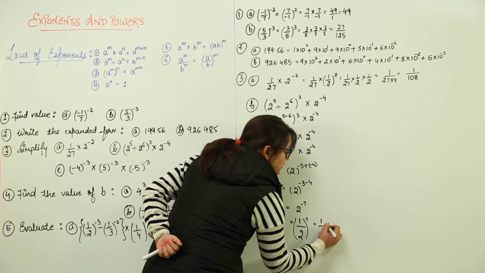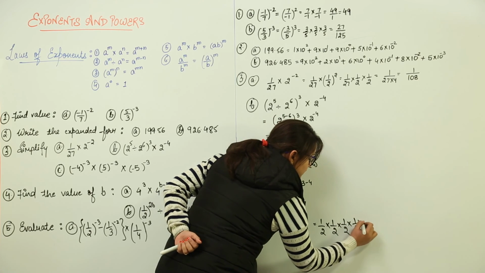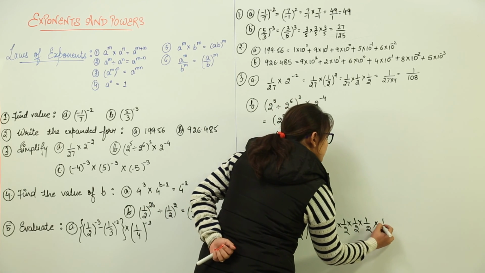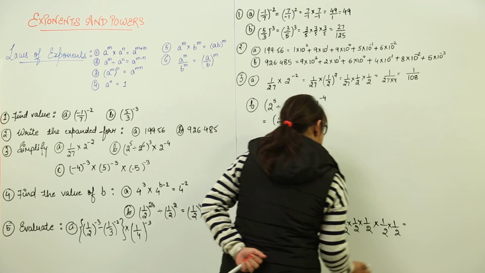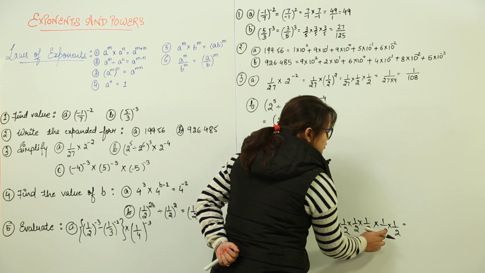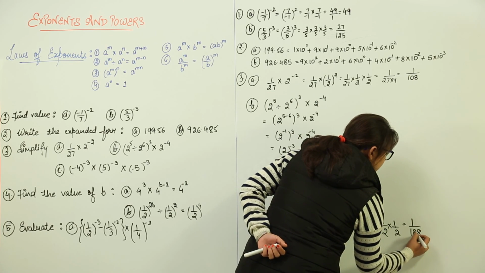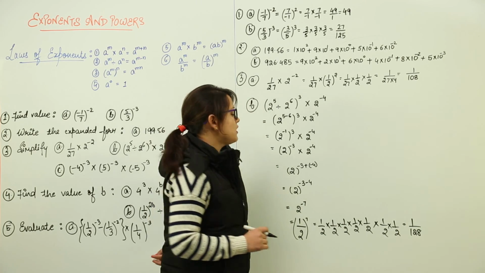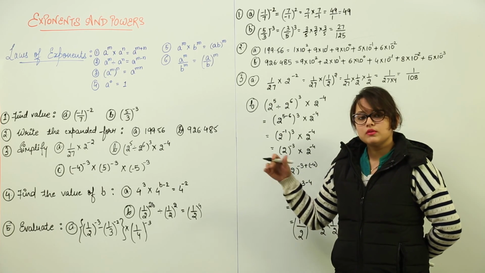1 by 2 into 1 by 2 into 1 by 2 into 1 by 2. How many times is it going to get multiplied? 7 times. So 5 times I have already done, I'll do it 2 more times. What do we get when we multiply it 7 times? 2 2s are 4, 2 4s are 8, 2 8s are 16, 2 16s are 32, 2 32s are 64, 2 64s are 128. And 1 multiplied n number of times, you will get 1 only. So this is how we do the simplification part. Now for the next question, we will be moving forward.